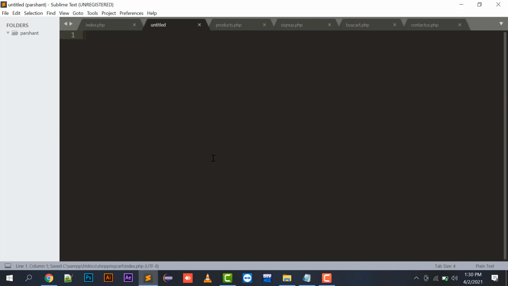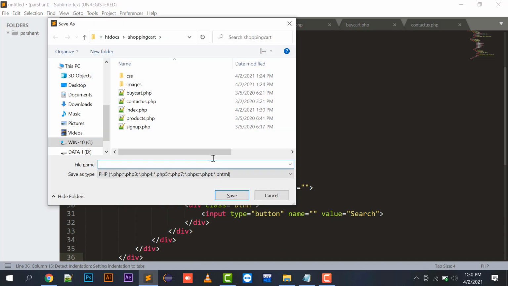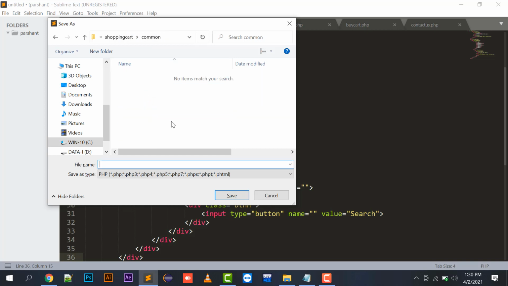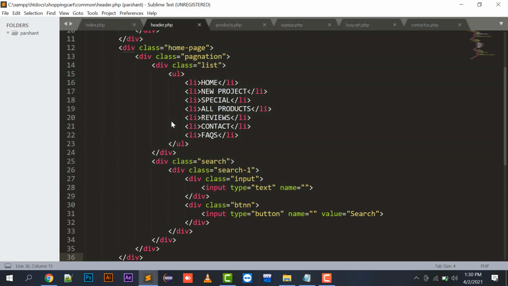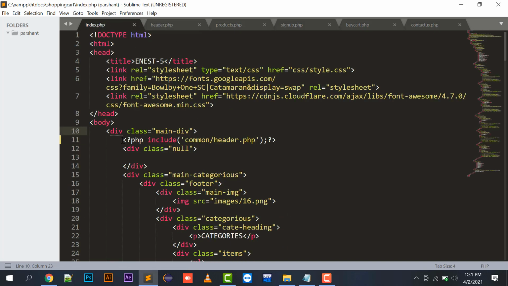I will make a new file, paste the code over here, save, and make a new folder with the name of common in the shopping cart folder, right? And here I will save this file as header.php, right? So header.php is a file, and I have written here include header.php.